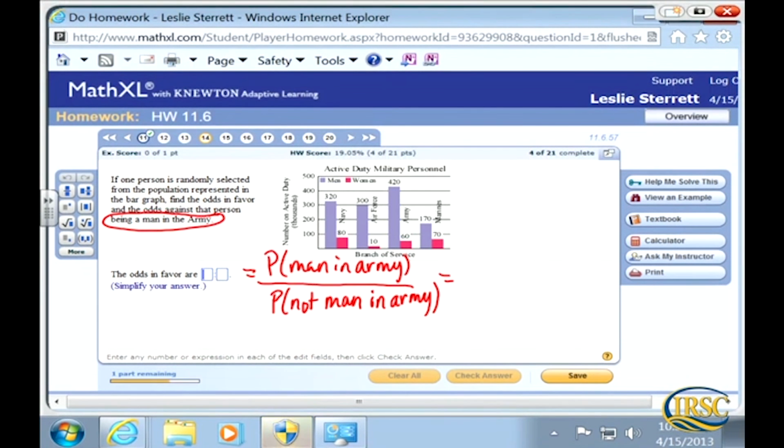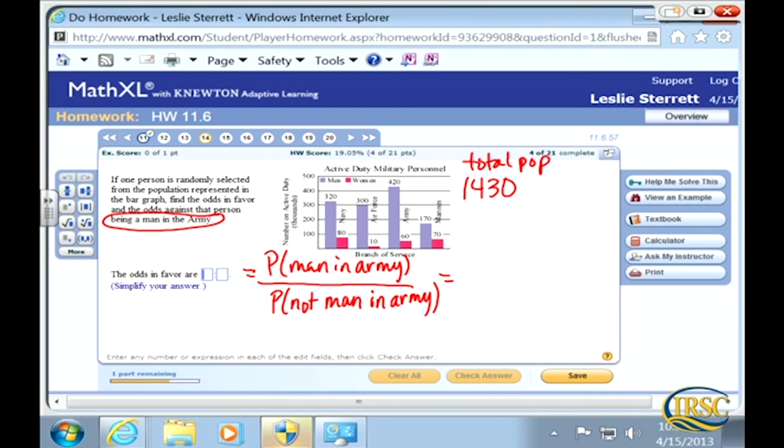the probability of something. Okay, so we're adding 320 plus 80, which is 400, plus 300 is 700, plus 10 is 710, plus 420, so that would give us, let's see, 1130, plus 60 is 1190, plus 170. Okay, so I heard 1360. Okay, so then plus the 70 is, we'll say it again, 1430. Okay, so now that we have the total population,